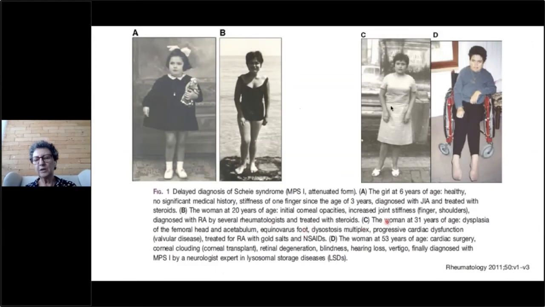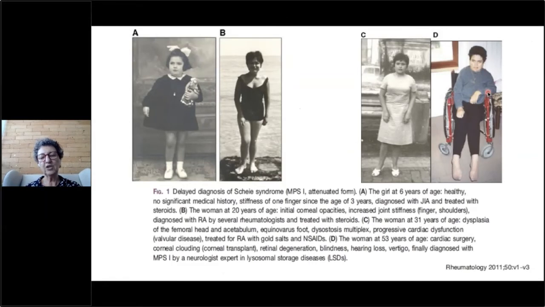And the woman here, 31 years of age: dysplasia of the femoral head and acetabulum, equinovarus foot, dysostosis multiplex, progressive cardiac dysfunction from valvular disease, treated for rheumatoid arthritis with gold salts and non-inflammatory drugs. And the woman here, 53 years old: cardiac surgery, corneal clouding, because she had a corneal transplant,